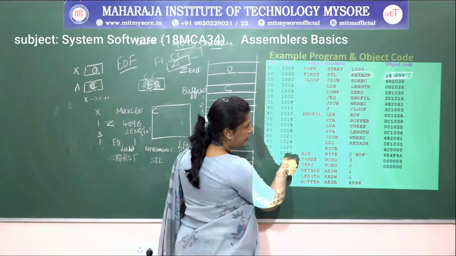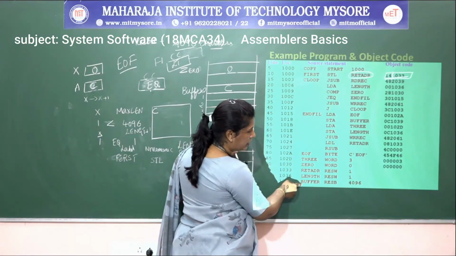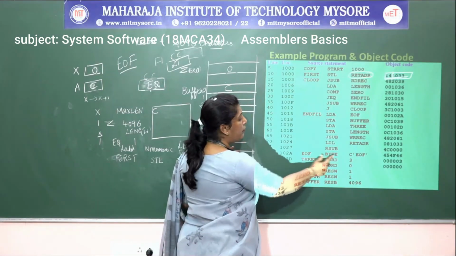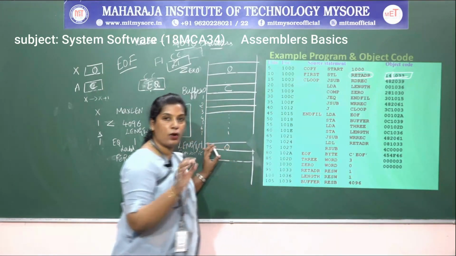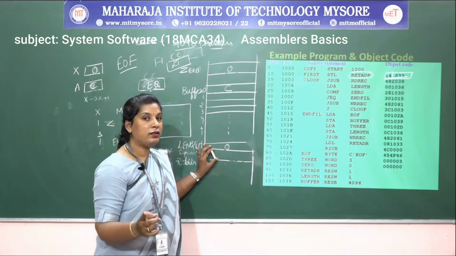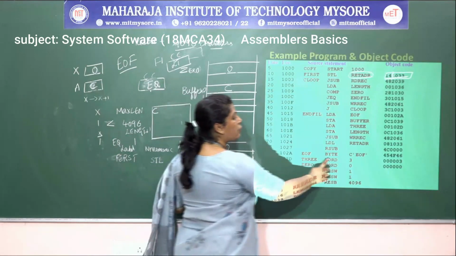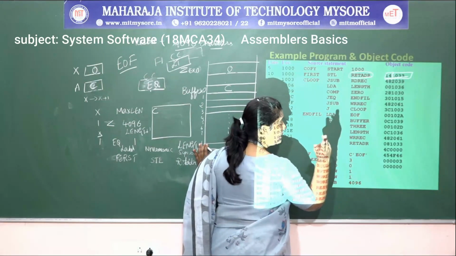After that, if there is any constant value, of course EOF is a BYTE. EOF is the name of the memory location which holds the byte. BYTE is nothing but a constant value. RESB, reserve byte, is not a constant; dynamically we can store any value. So for BYTE, what character string does it have? EOF, which has 3 characters.